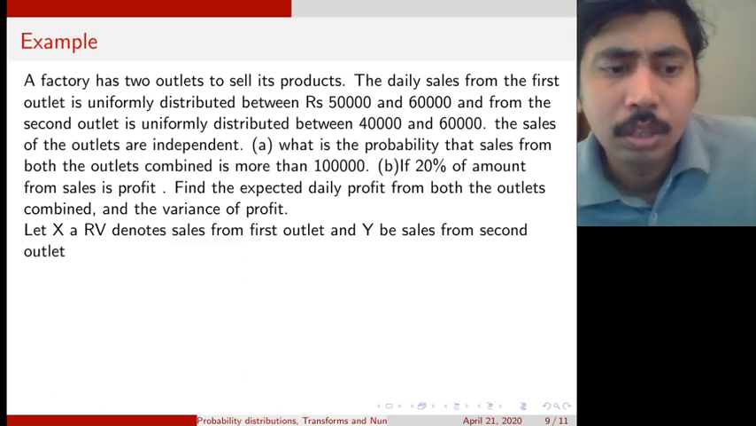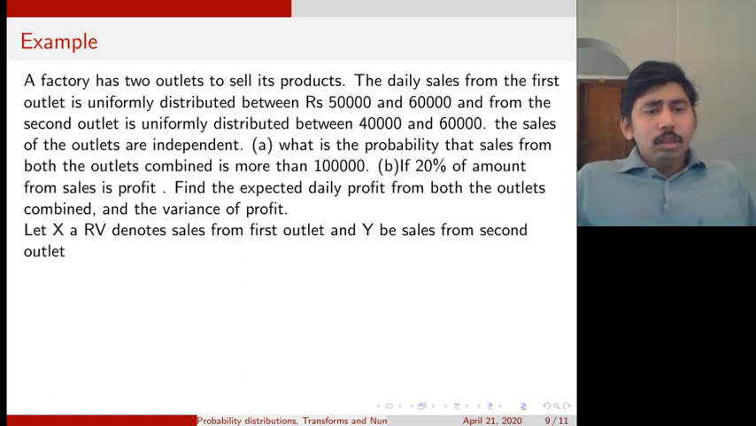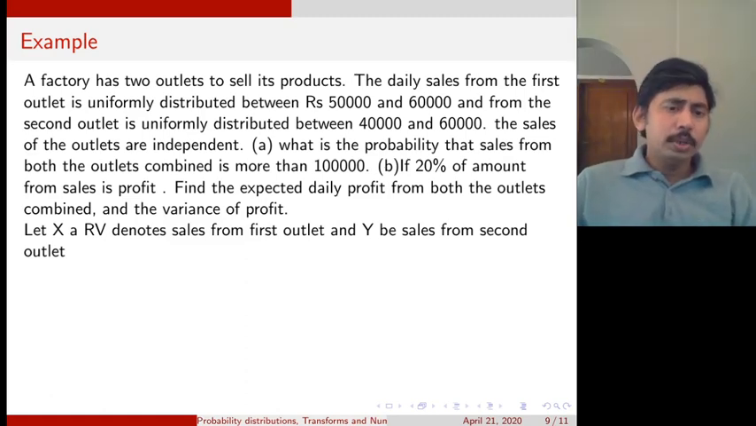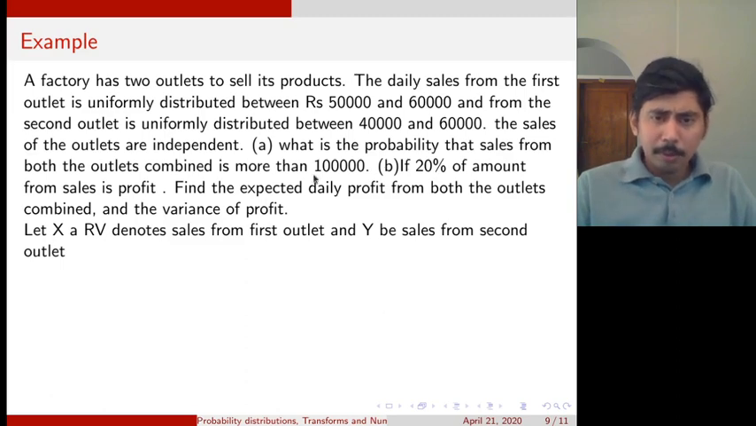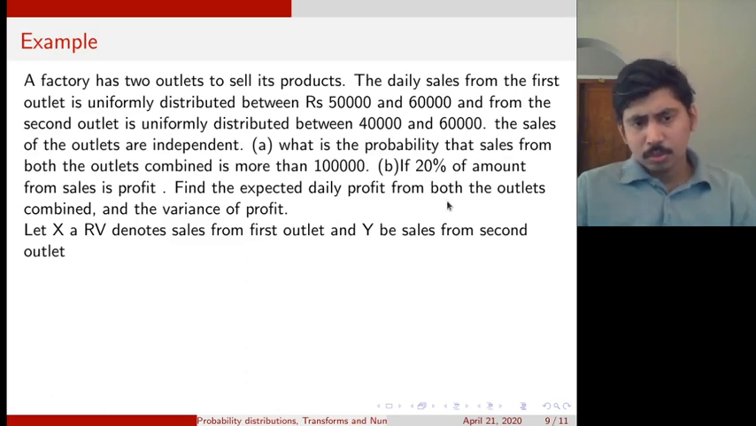Okay, now first we need to define random variables in such questions. Let x be a random variable denoting sales from the first outlet, and y be a random variable denoting sales from the second outlet. So what we need to calculate is, in one part, x plus y greater than 1 lakh, and the second part is